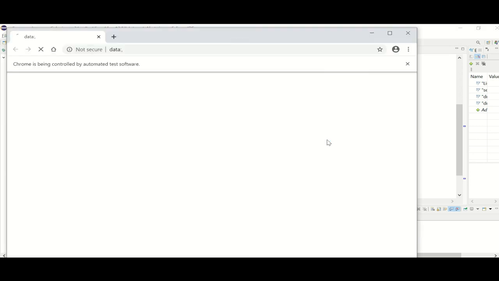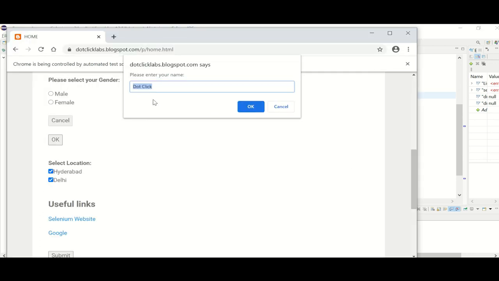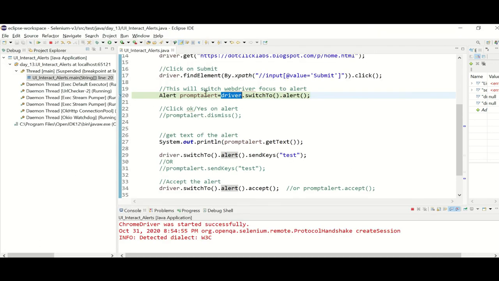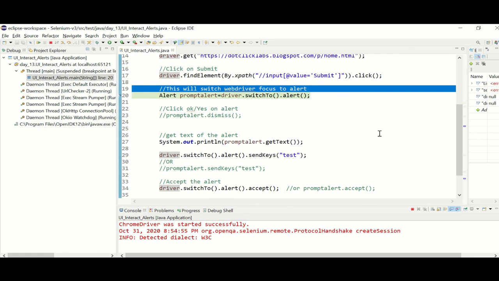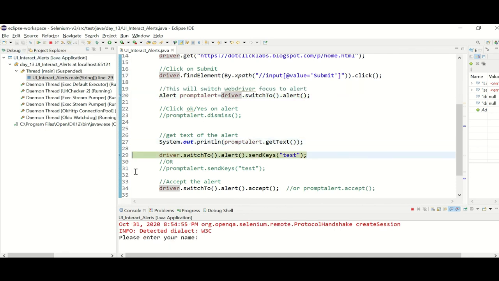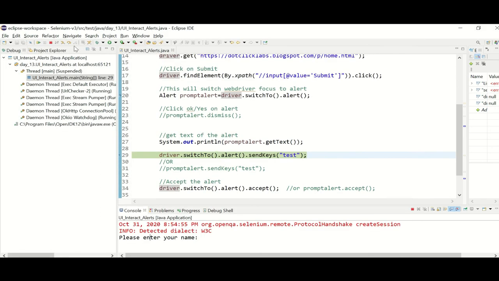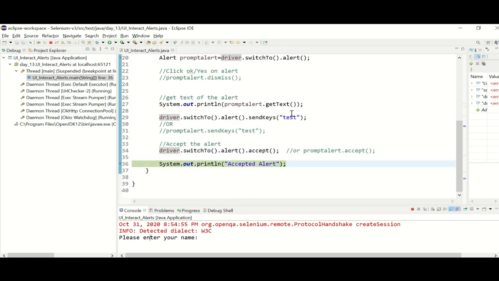Now you see the WebDriver is opened and it went on to click on submit and it should open one alert box on UI. See that one alert box is there. Now click next, click get text. Okay, now it should enter value test and it should accept the alert.